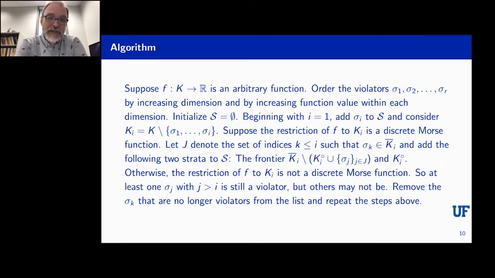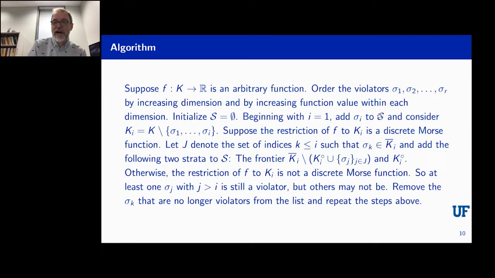So you initialize your strata set to be empty, and then you just go through the violators one at a time. So take the first violator, toss it out of the complex, okay, and then consider what you've got by removing, let's say, the first violator from K. Now, one of two things happens. Either your function now has become a discrete Morse function, or it hasn't. Okay. If it has, well, then